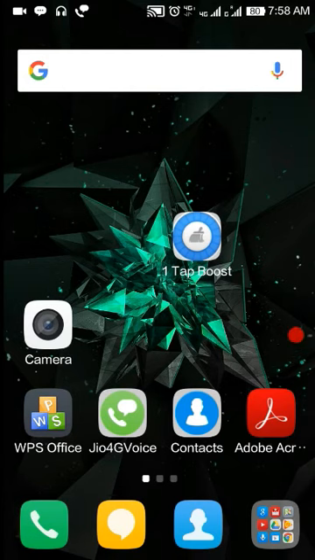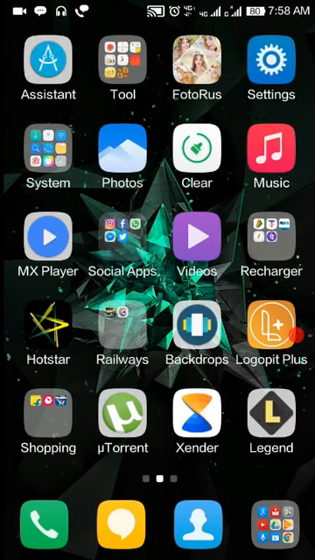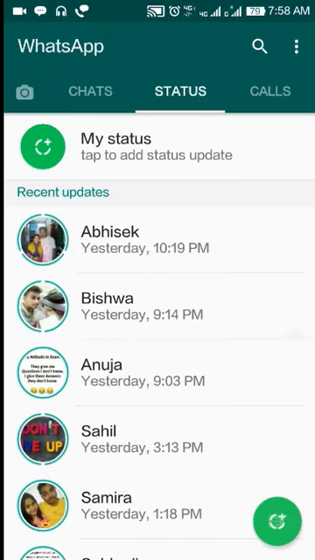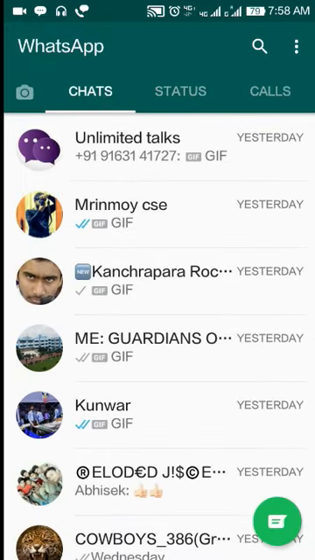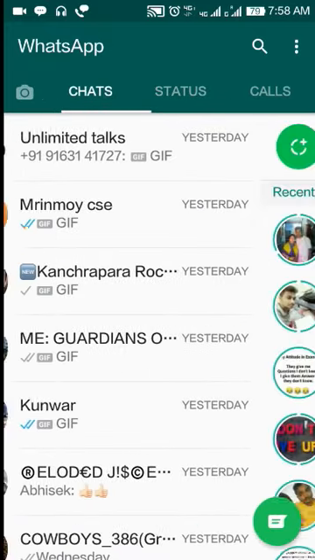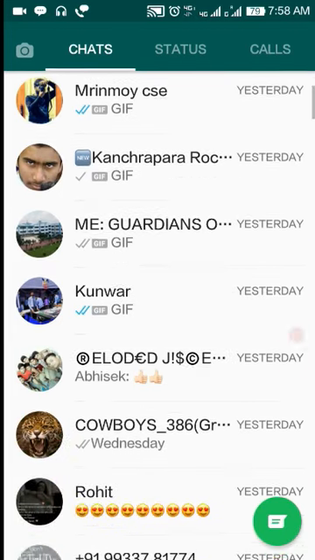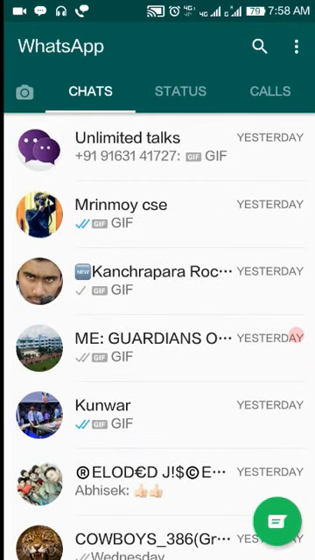Last but not the least, we have the main hero of all the apps, the WhatsApp app. I don't think I have to say anything regarding this, because it's already a very good app, or you may say it's very popular among us. So guys, I must say it is a very good platform to utilize all your documents, your details, etc. You must download WhatsApp, and it's really RAM friendly.